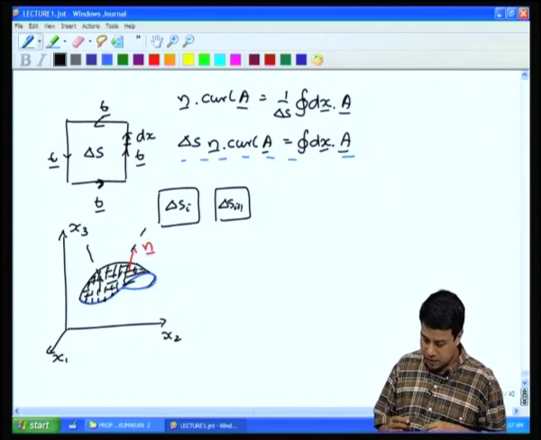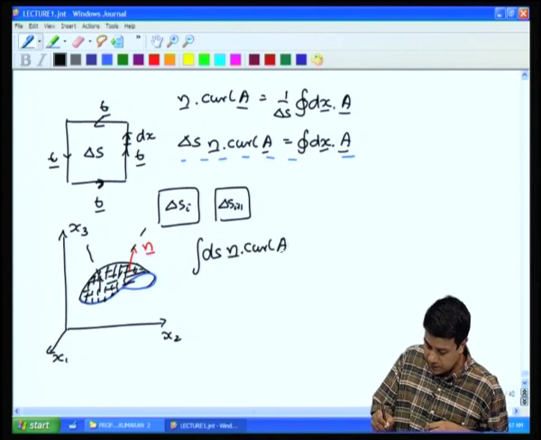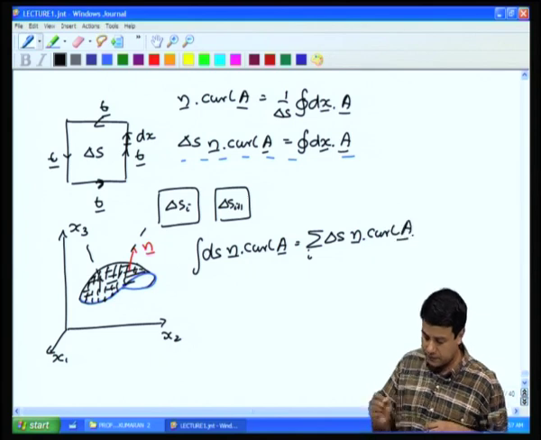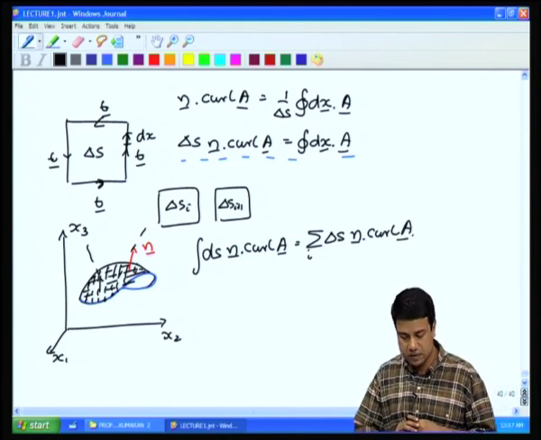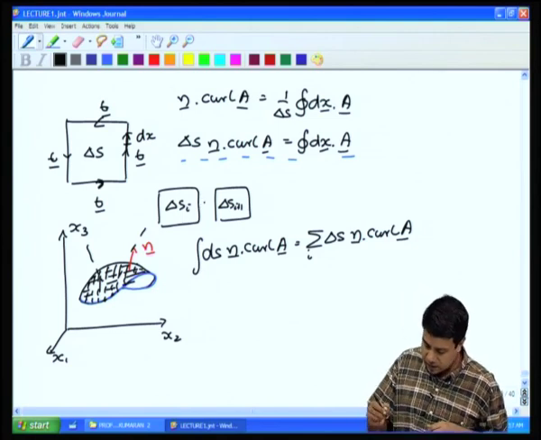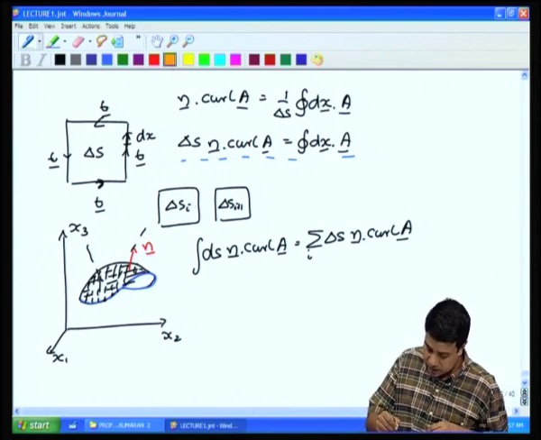I know that the total integral ds n dot curl A is equal to summation over all the patches I of delta s n dot curl A, over all these patches. For this patch S I, this integral of delta S n dot curl A over this patch S I is equal to